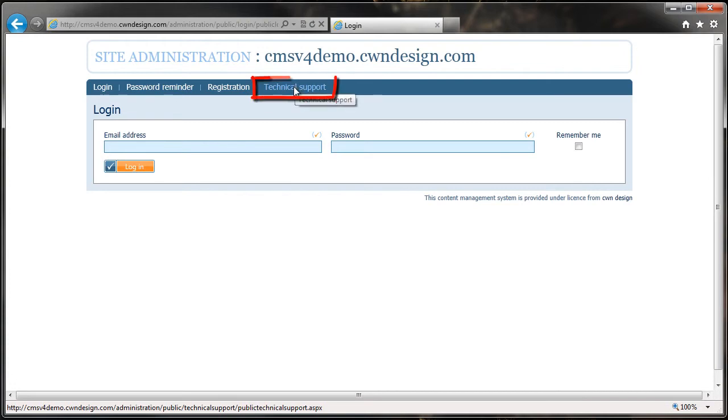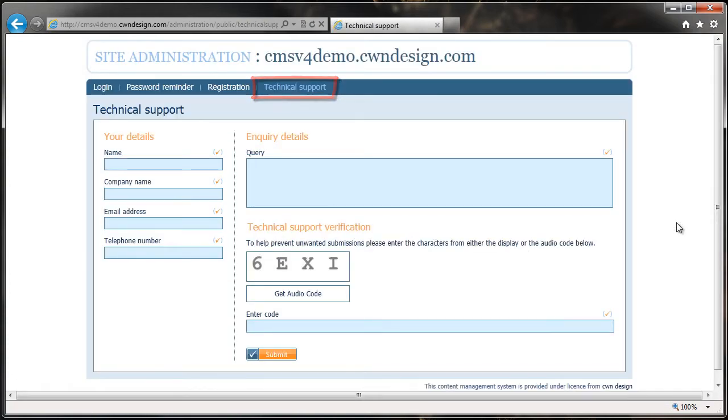The final section is the technical support. This is generally used by people who are working out of business hours, or maybe from home, or anywhere where they can't pick up a phone and just give us a call, which is what we would suggest anyone does if they have any sort of problems first time. But if you can't get in touch with us and you want us to have an email waiting for us,